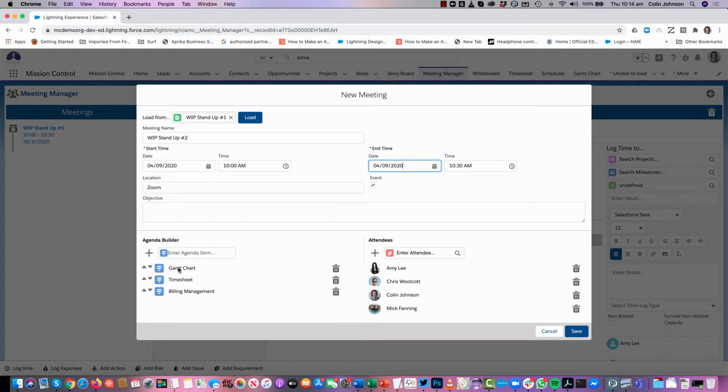What it's done is loaded in the agenda items, but it's excluded anything that has already been resolved. So obviously our Kanban whiteboard doesn't need to be carried over because we've already resolved that as an agenda item. And it's also adding in all of the other team members. So very quickly, I'm able to build out my agenda for next week based on the outcomes of what's happened